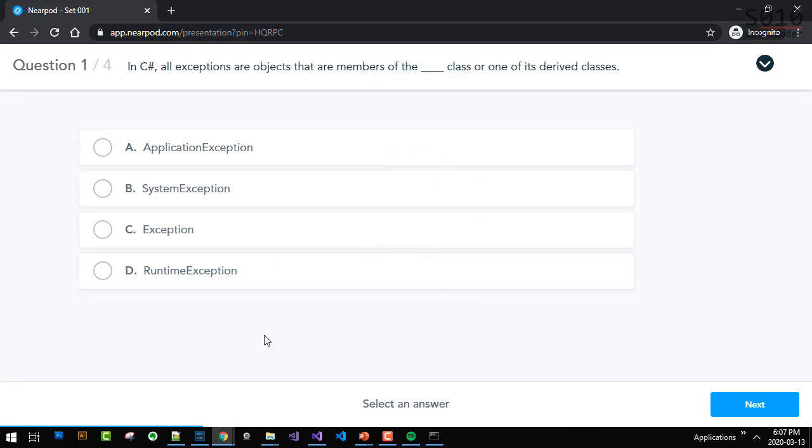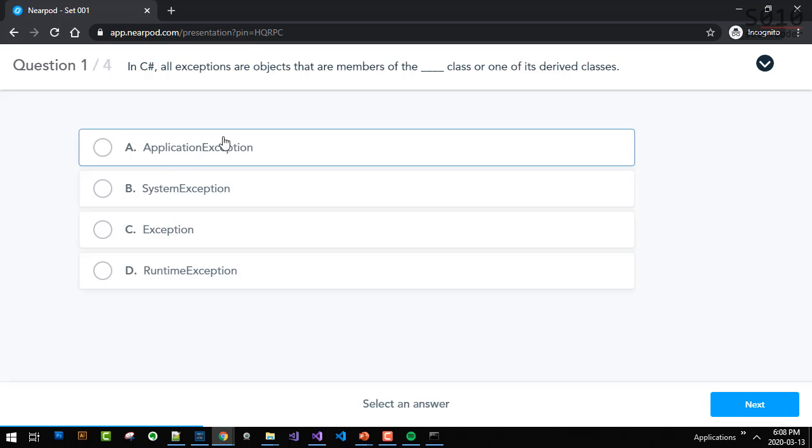Okay, so let's see. In C#, all exceptions are objects that are members of the class or one of its derived classes. Which one? Exception. Exception is the parent of all exceptions, okay?